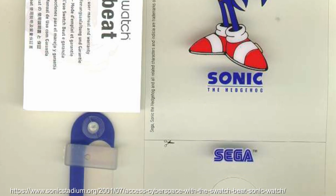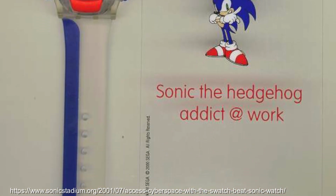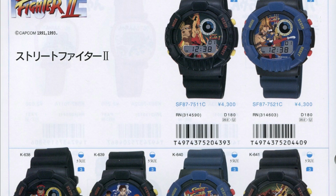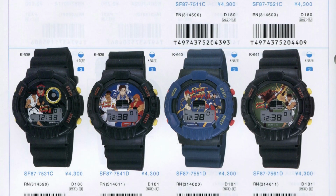I'm going to go subtler with a Sonic watch. How about this Swatch Beat Sonic collaboration? I kind of want one of these. Street Fighter II had many collaboration watches over the years, including the D180 and 181 models from Citizen, but